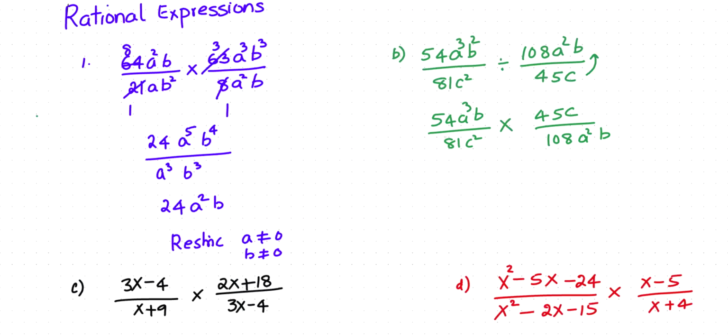We can cancel 81 and 45. So 9 5s are 45, 9 9s are 81, and 9 1s are 9, and 9 6s are 54. So we have now, and 6 also we can cancel. 6 1s are 6, 4 remains here, 6 4s are 24, 6 8s are 48. So at the top we have 3 times 5, 15,